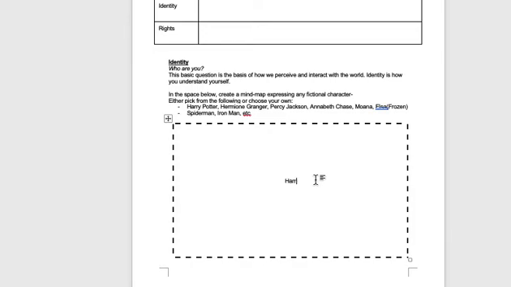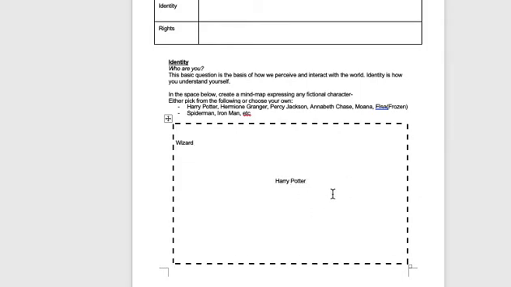All right, so let's say I pick Harry Potter. Maybe I'm going to choose words like wizard. Or maybe you don't have to have it all over the place; maybe you just want to do a list so it's less confusing. Wizard. He is very rich. I don't have to finish that, but I will. He's brave, because he's a Gryffindor and they're all brave.